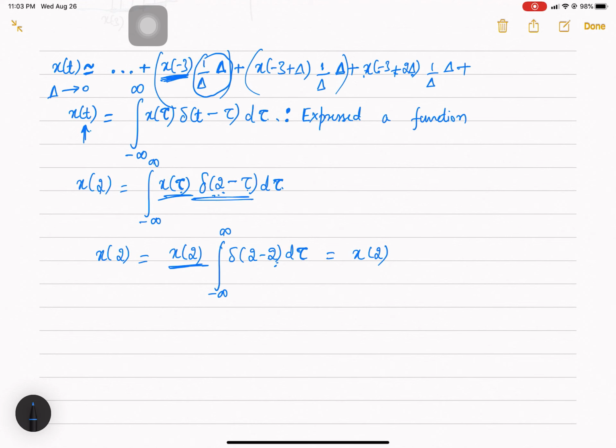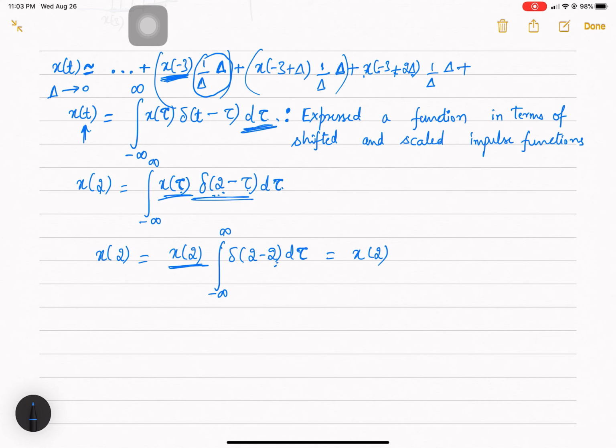Rigorous mathematics is involved, and he has dedicated 2 to 3 pages for this explanation. So please go and read it. If you don't understand, then please mail me. I'll try to make it more clear. Since there is a time constraint, I am trying to explain it in as good a way as possible from my side. I expressed the general function in terms of shifted and scaled impulse functions.